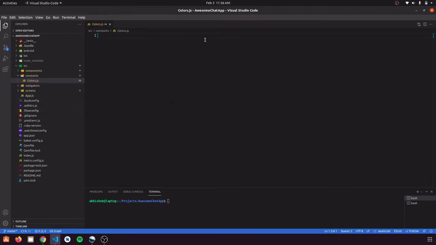Let's define some of the colors here. Whenever we need these colors, we are going to import this file and use them. This is a primary color and a header color that we are going to use later in the video. And there is a light and dark message background that we are going to use as a background color for our messages.